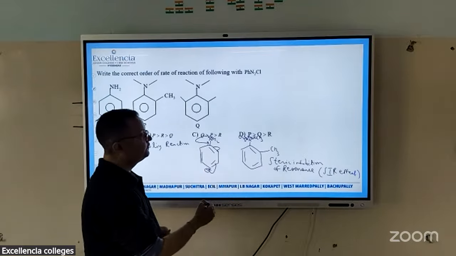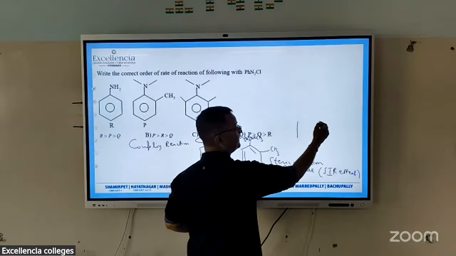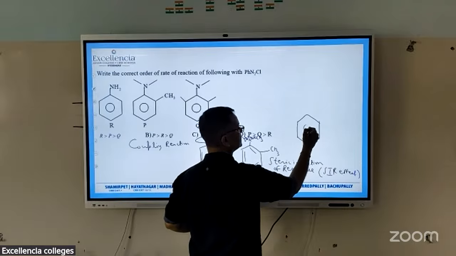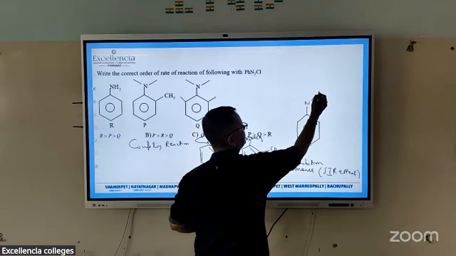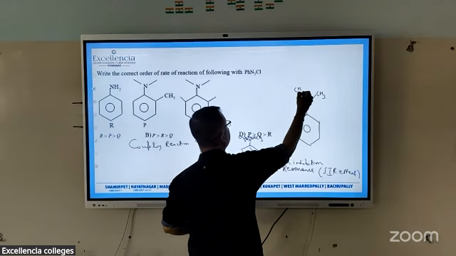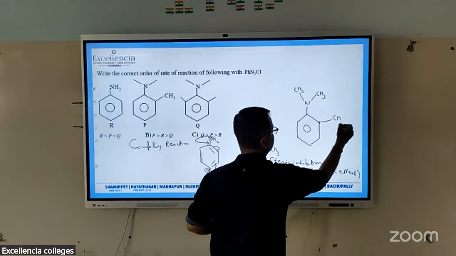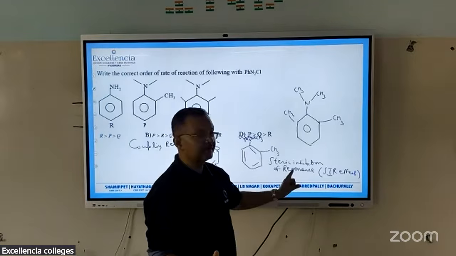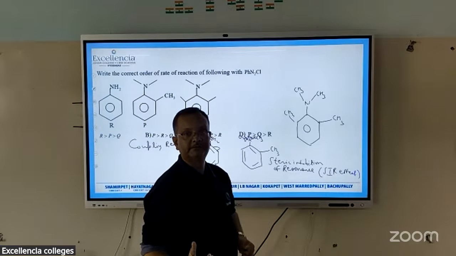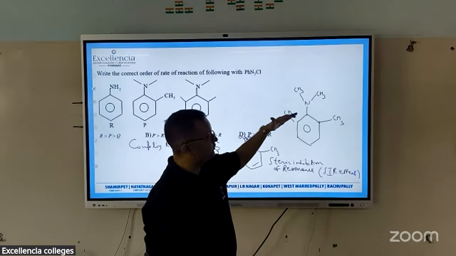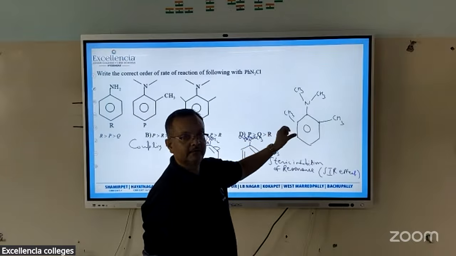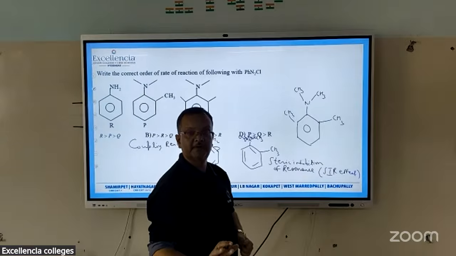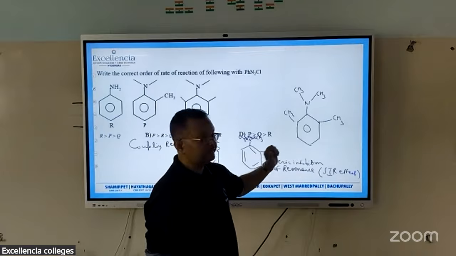And if you look at the last compound, you see here the SIR effect is more pronounced. Why? Now we have two methyl groups lying at the bottom position. So what will they do? They will create the steric inhibition of resonance effect more strongly, more heavily, on the benzene side, and they are blocking that. So here the activation effect will be very little. So this should be the least reactive.